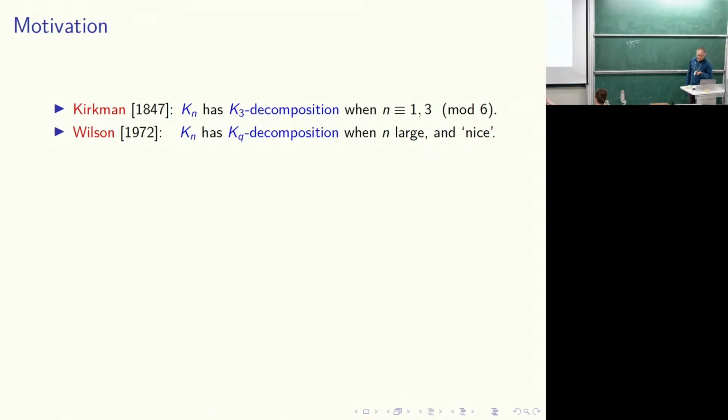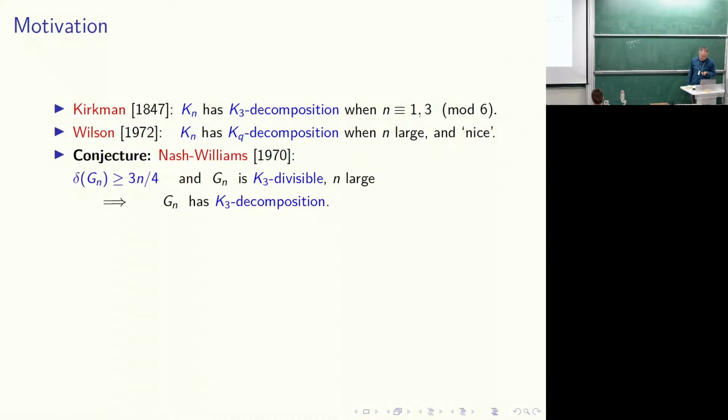KQ decomposition, so the edge set of the complete graph is partitioned into edge sets of cliques of size Q. Here there are two conditions, at least for his proof. One of them is that n should be sufficiently large compared to Q, and the other is that the analogous conditions that I mentioned here should be satisfied, so that there is no trivial reason that there is no KQ decomposition. And another related